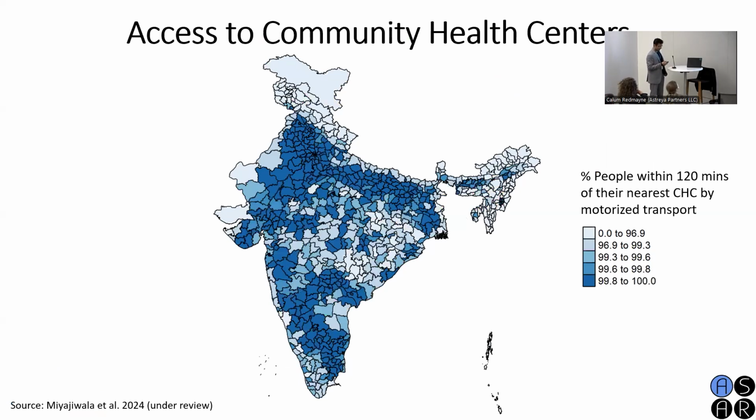Yeah, so what you see here is a lot of places in northern India and also southern India. It's over 99% people who can do that. And this sort of flagged us off to say that maybe we need to look at more things when we are talking about geographic access.